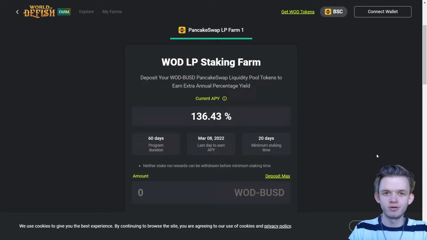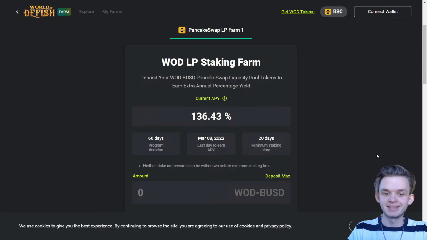I highly recommend do not stake everything in one pool, in one coin. It will be good if you had like 2 or 3 staking pools, so your money is separated, it's diversified in staking as well, so you're not connected to only one project, only one pool, and if their tokens go down, all of your money goes down.